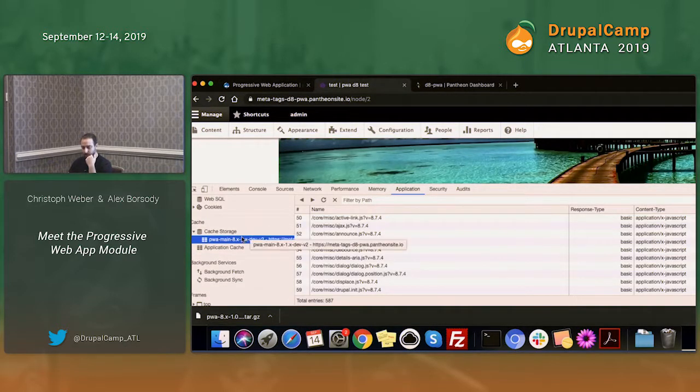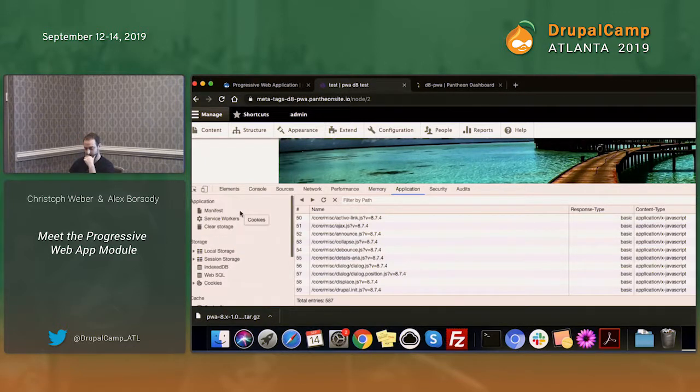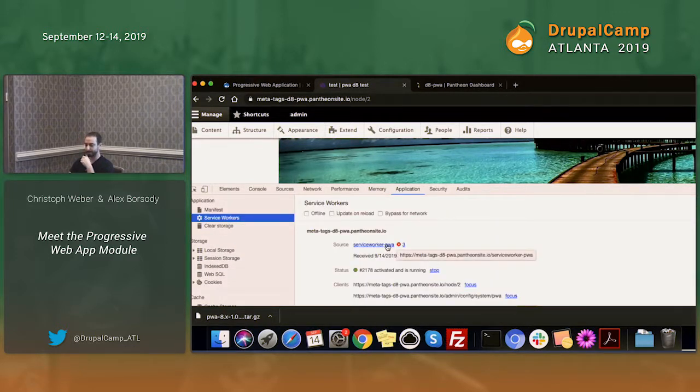Yeah, it's a pretty cool idea. There's another really cool thing that's in the service worker, which is the uninstall event, if I have time to show that real quick. When the module is uninstalled, basically it hits a URL created by the module, /PWA phone home or something, I don't remember. And if it's not there, it'll unregister the service worker and clear out all the cache, which is just kind of responsible